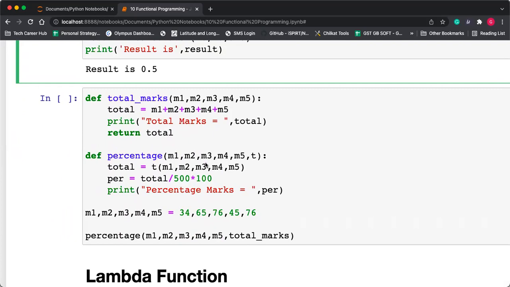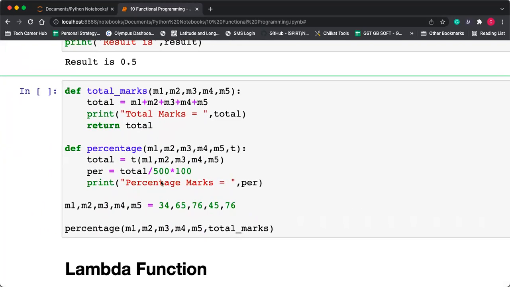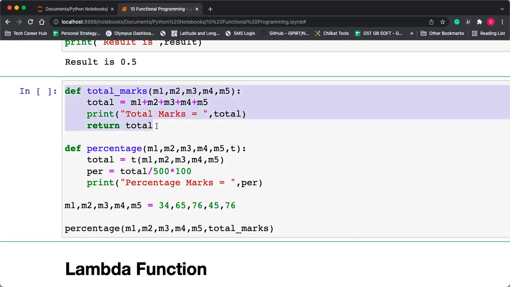Okay. Now next one is, can I pass... okay, let's see what this example is. The same example actually. So total_marks will calculate the total marks, and percentage will calculate the percentage marks. Here m1, m2, m3, m4, m5 are the marks, and with these values I'm also passing the name of the function. The name of the function is total_marks, so it will be called.